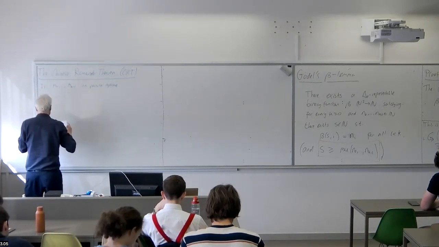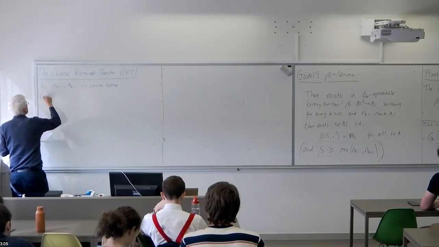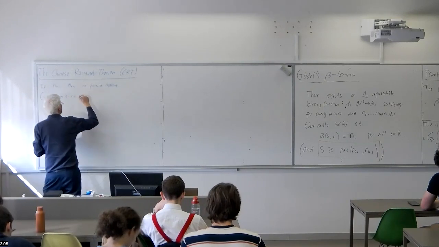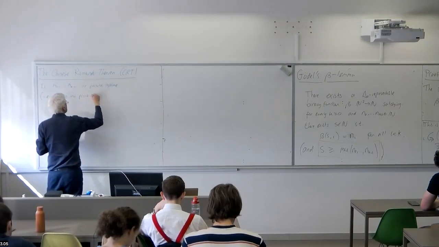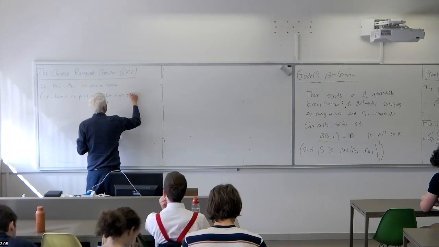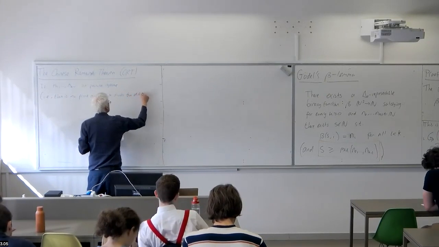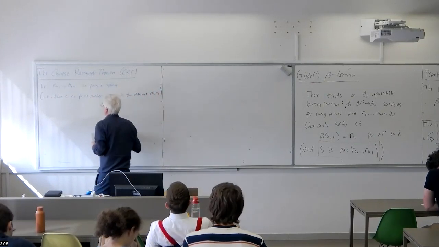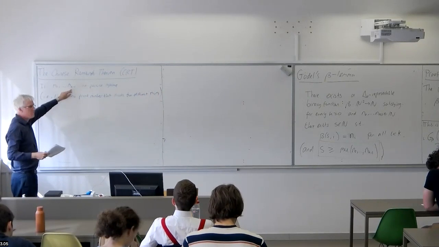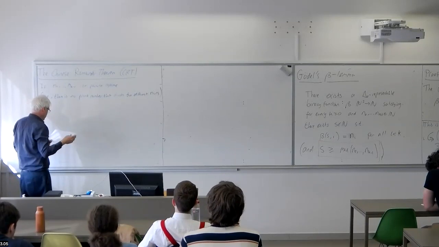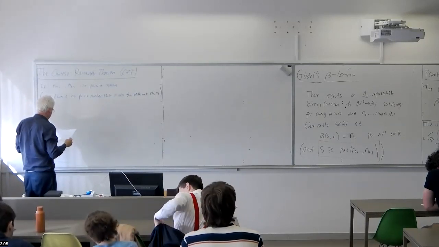So if they're pairwise co-prime, this means that there is no prime number that divides two distinct mi and mj. Or in other words, if we express each of these as a product of primes, we'll have different prime numbers occurring in every case. Product of powers of primes, if you like.